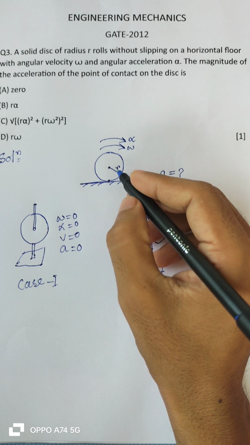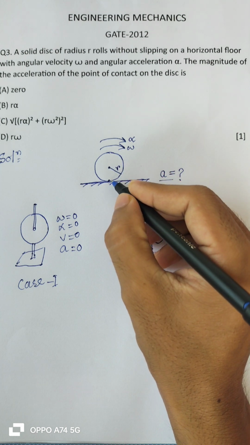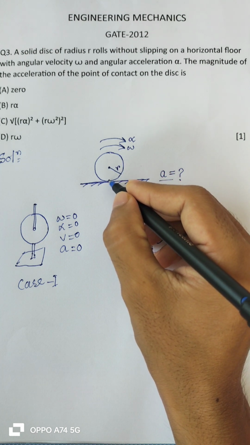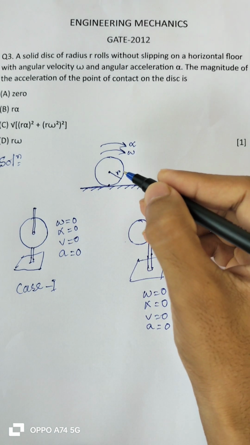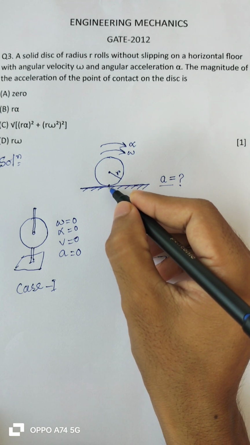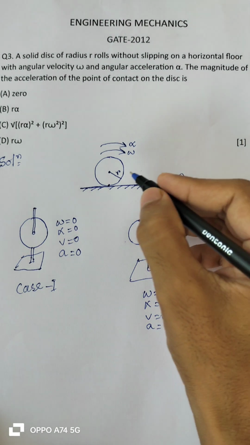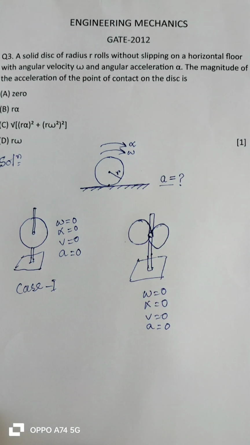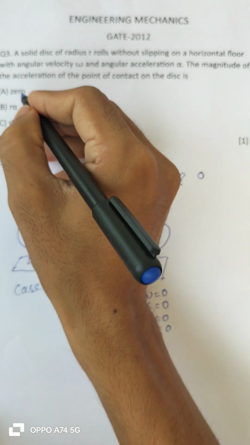The disk is rotating depending on this point, resting on this point, right? So as long as the point is in contact with the surface, it is at rest. So the velocity and acceleration of the point of contact is 0, right? So the answer A is